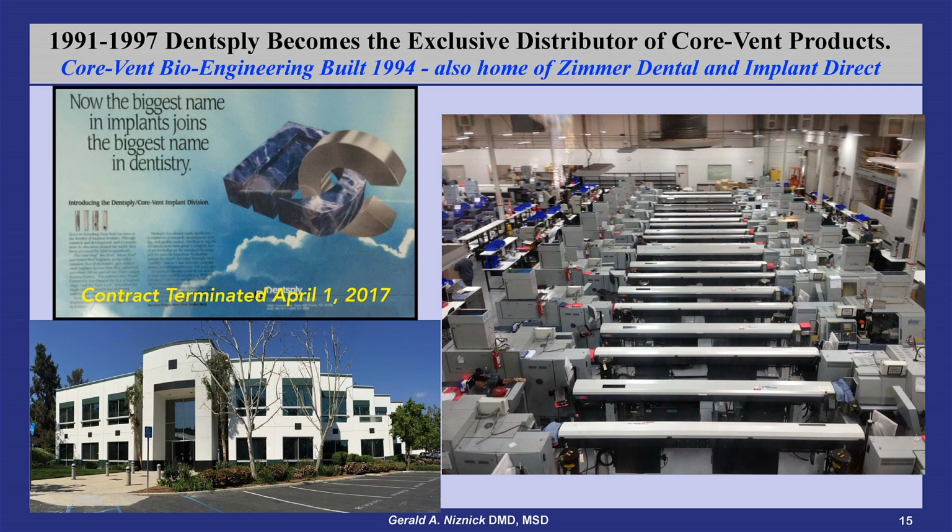From 1991 to 1997, Dentsply became the exclusive distributor of the CoreVent products. Dentsply's advertisement, shown here with a C passing through a D, claims that now the biggest name in implants joins the biggest name in dentistry. In 1990, CoreVent was the biggest implant company in the world, selling more units than Nobel. Shown here is CoreVent Bioengineering that I built in 1994 for the manufacture of the CoreVent product line using 36